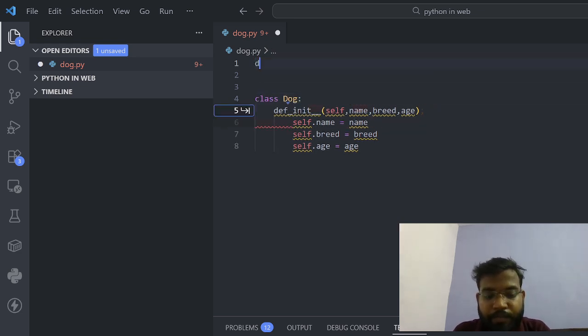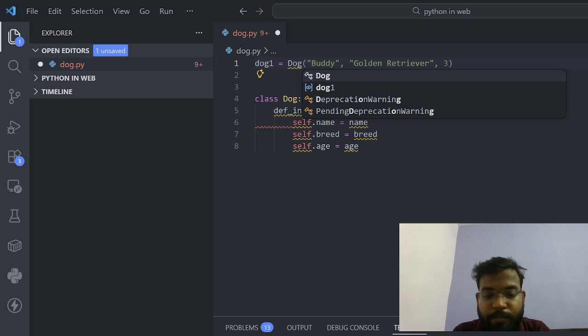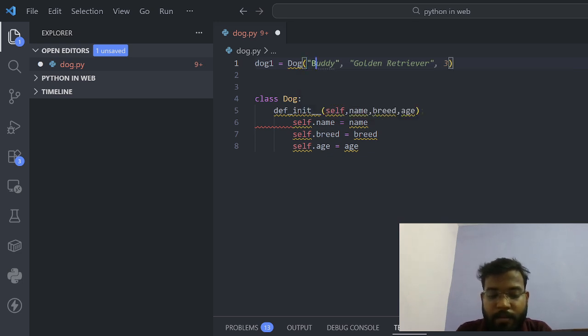We write dog1 = Dog, name Buddy, the dog's breed is Labrador, and the dog's age is 3.